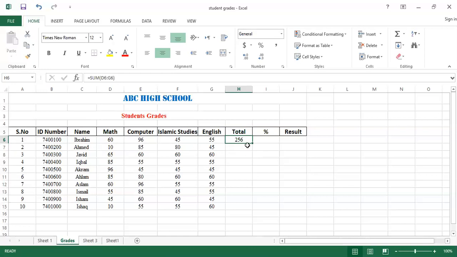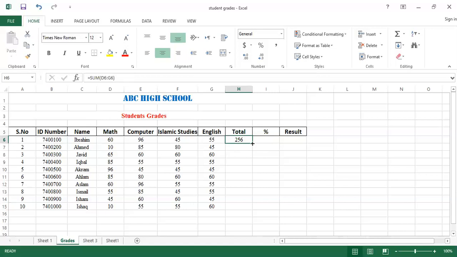That is called relative cell address. Relative cell address means I want to apply that formula onto other cells. So I have to select the cell and move the mouse pointer, and a black plus sign appears on the bottom right side of the cell.